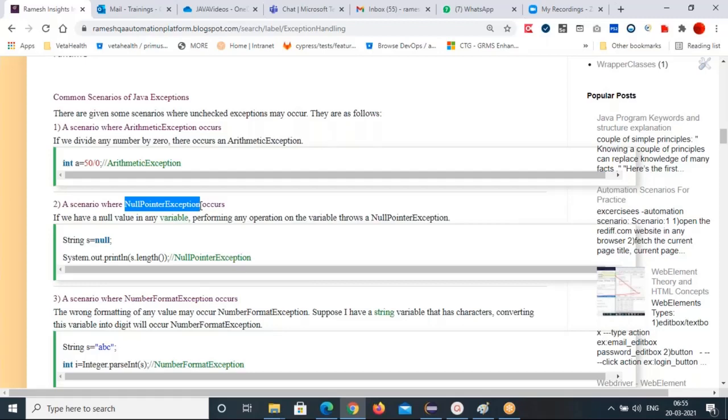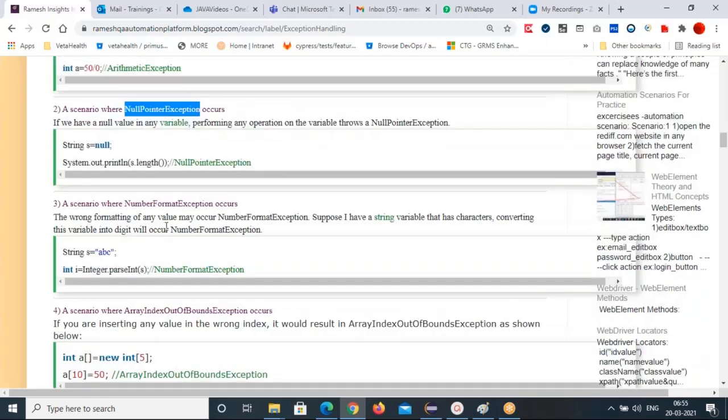And number format exception. Wrong formatting of any value may occur. You are converting one variable value to another format, one data type to another, or object to primitive to object. If it does not happen properly, this number format exception might occur.